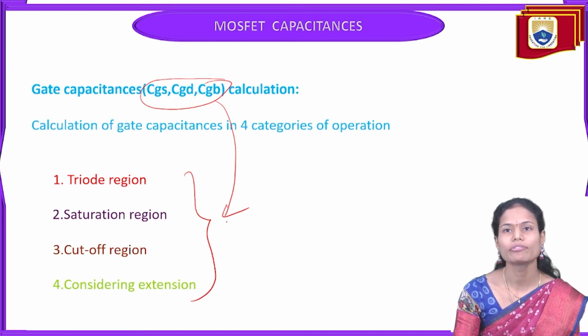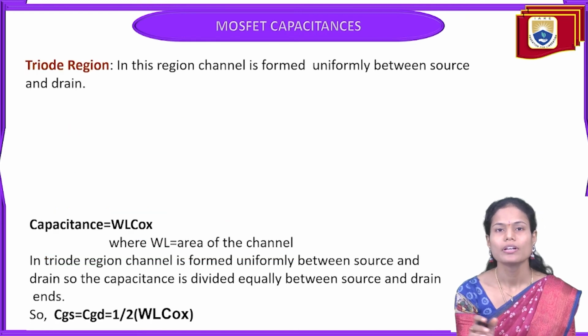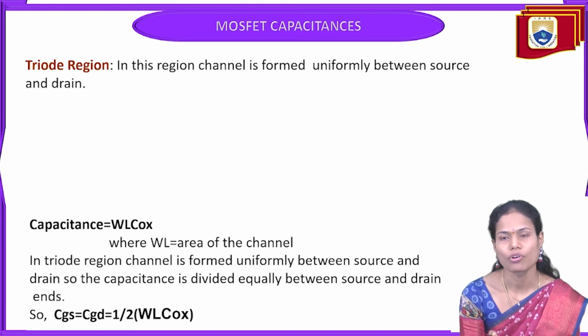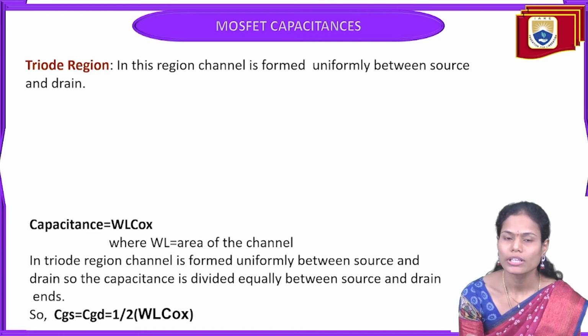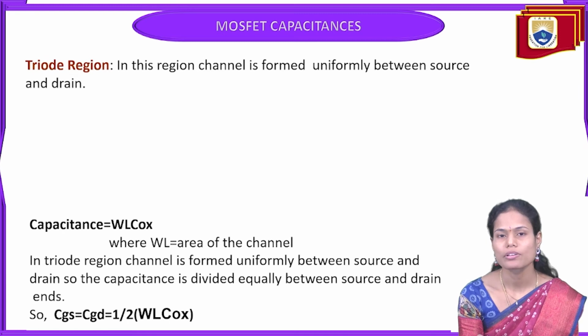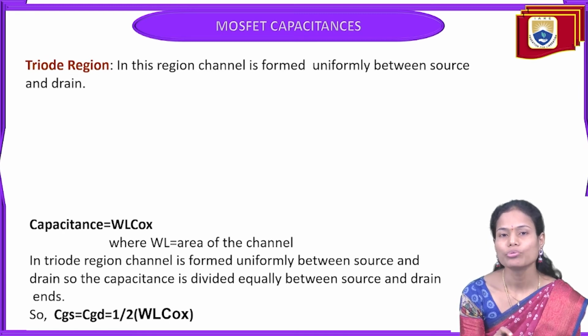So in that I'm moving to the triode region first. In the triode region, the channel is formed between the source and drain terminals very uniformly. Why? Because we are providing a very small amount of gate to source voltage as well as drain to source voltage to the MOSFET. Because of that, the uniform channel formed between the source and drain is due to the uniform charge carriers